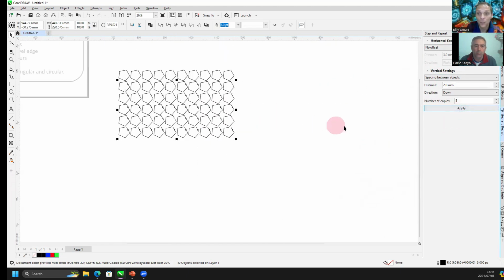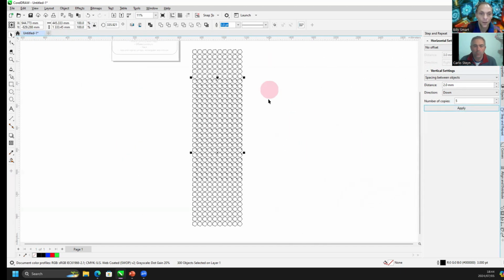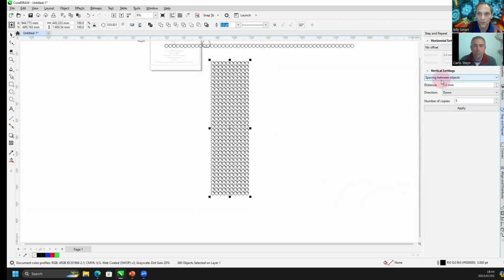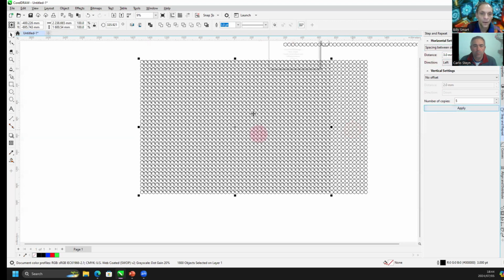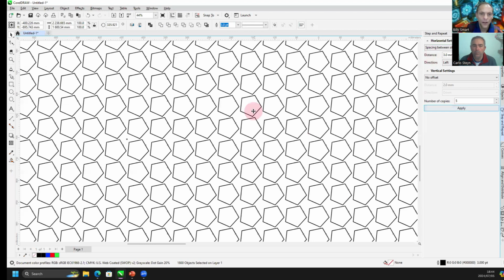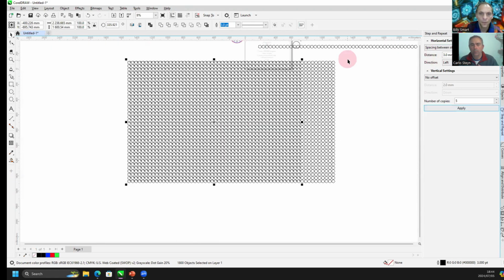Now, if I suddenly went to my friend's laser across the road, I can select all of those, and I can do all of those 5 times that way. Or I can select all of those, and I can say, give me the space between the objects, and this time I want to go left. So very quickly, you can do multiple repetitive tasks, by getting clever between your step and repeat and your